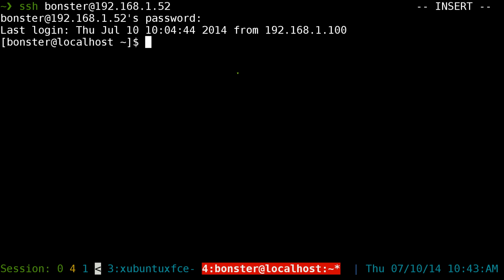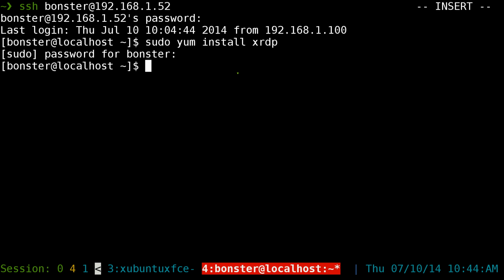Again, you need to install, what was that? I think it's sudo yum install xrdp, right? And you just type in your password. Next thing you do is do the same thing, nano, what's that, X sessions,